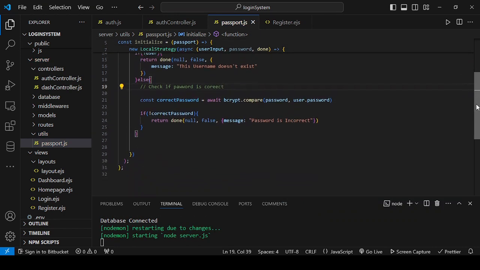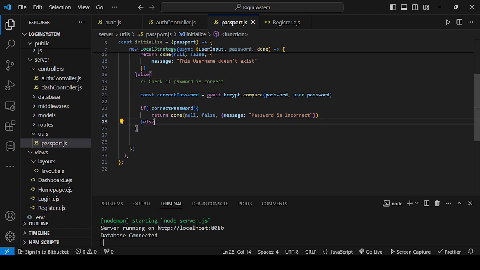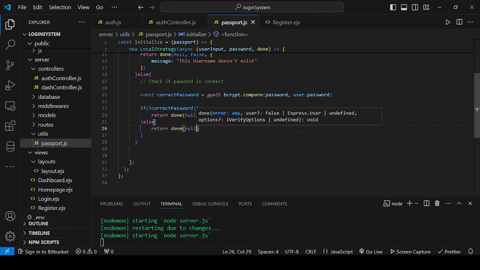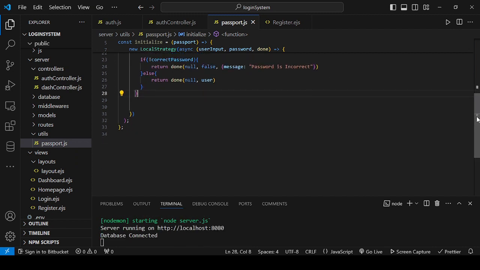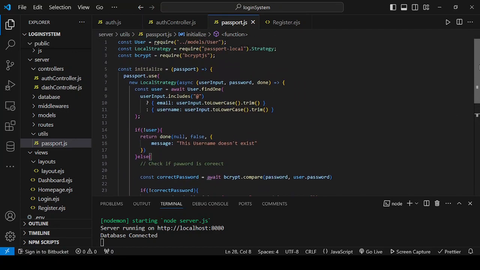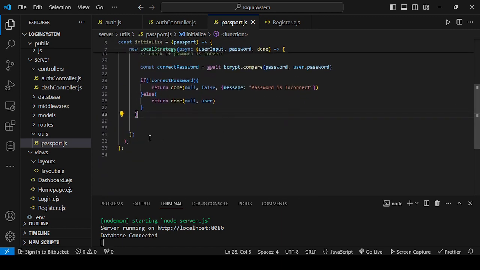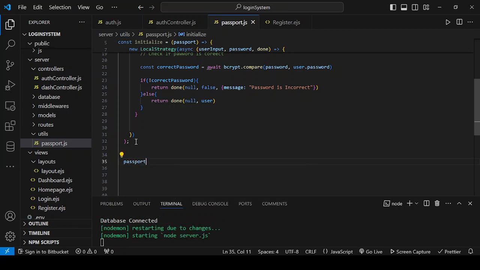So if it's incorrect, else if it is correct, you can just return done again. That is the middleware style. Then null, and you pass the user. So that's it. But then there's one funny thing Passport does. You need to now serialize and deserialize. After logging in, you serialize the person and create a request.user. So if the person logs out, you deserialize and remove the